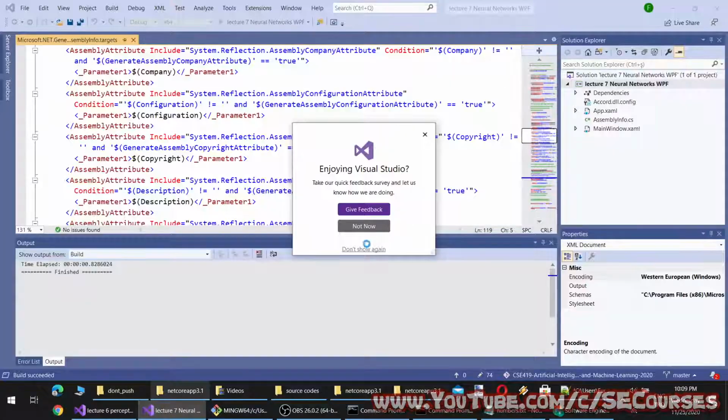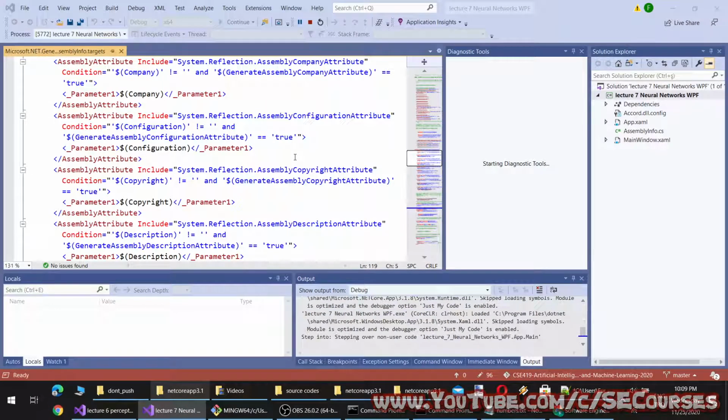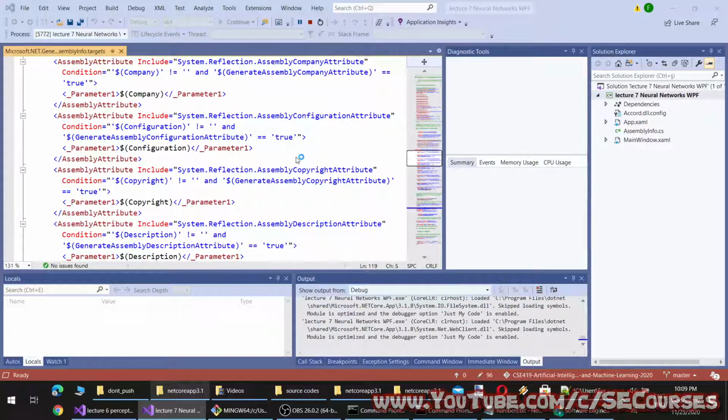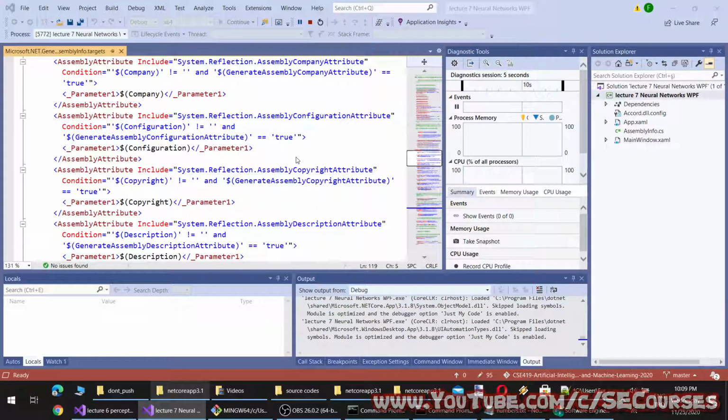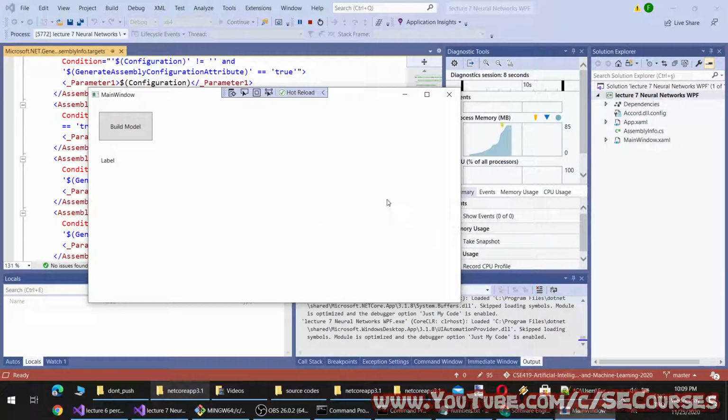Okay, do we have any other errors? Okay, it has started, and let's click the build model.